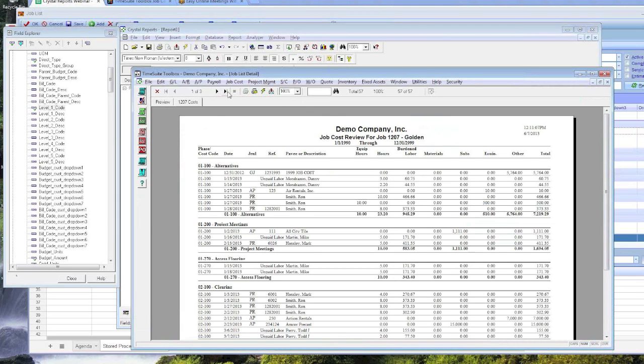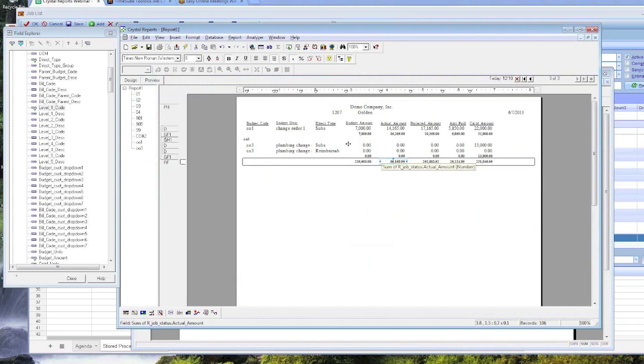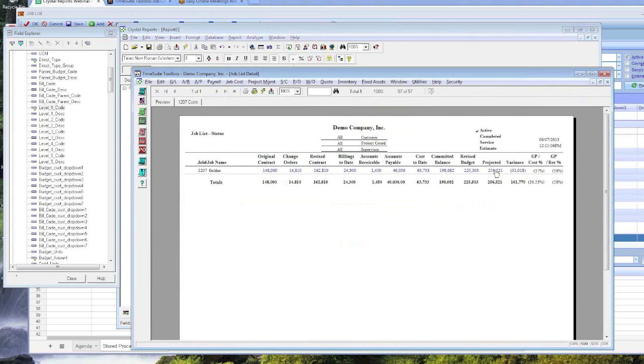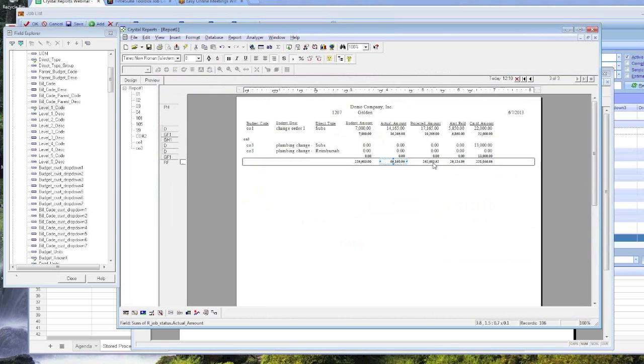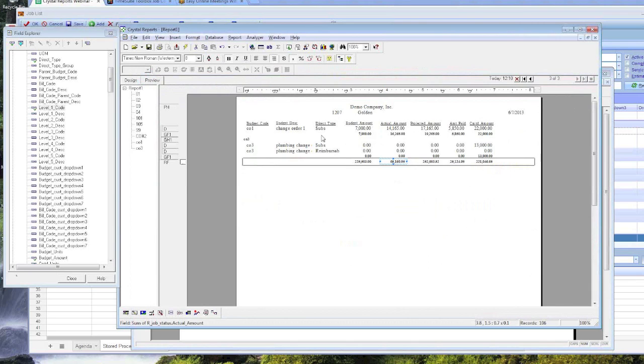I need to rebuild that actual cost. 65,160, and then our projected number. Yeah, so we need to rebuild that job, but what we paid and what the commitments are on the job. So